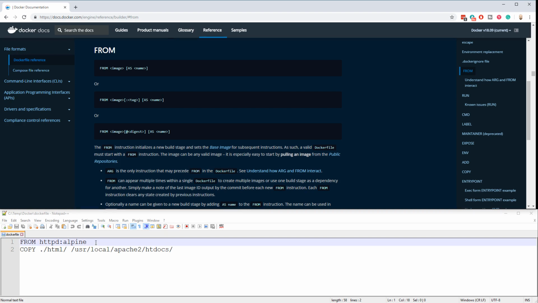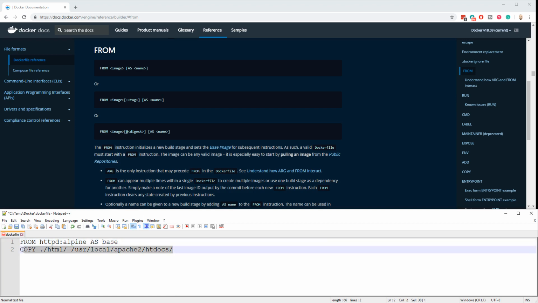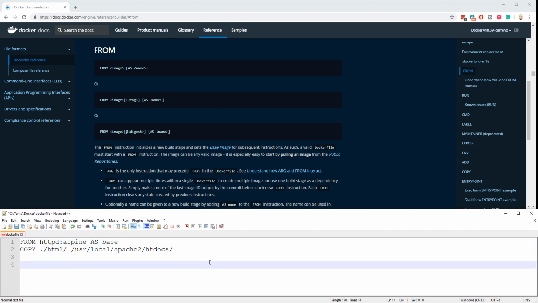One of the things that's pretty popular is you specify a name. For example, I've named this image base. And that's actually the image and anything we do to it as well, so that's going to be referred to as base. Now in our Dockerfile, we can use this base to refer back to this image and what we've done to it, and use it then as another version or another layer to build on top of. For example, we might then say FROM base, and then specify this as